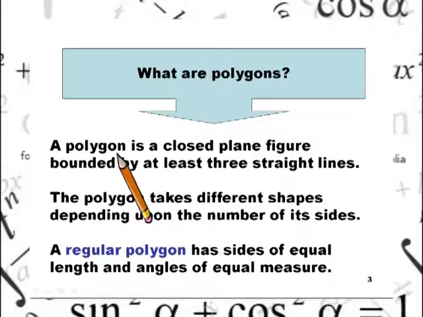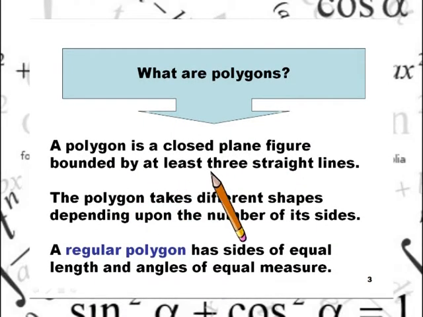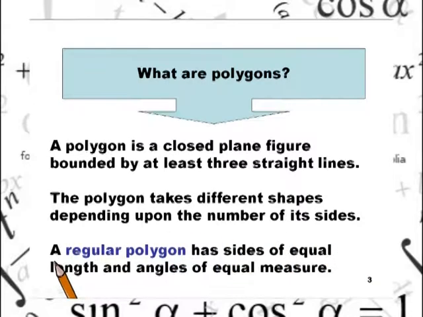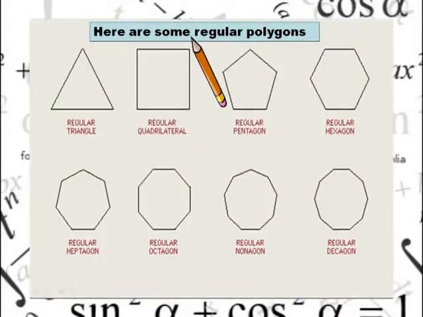A polygon is a closed plane figure bounded by at least 3 straight lines. The polygon takes different shapes depending upon the number of its sides. A regular polygon has sides of equal length and angles of equal measure. Here are some regular polygons: